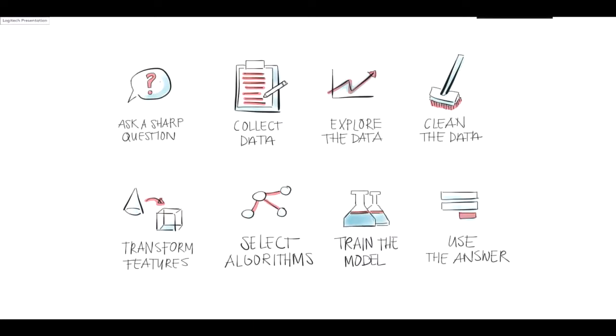So we've gone through the whole process. We gathered the data, or actually first we asked a sharp question. I'm going to get to what a sharp question is, but we asked, how much is a 150 square meter house? And a sharp question in this case is something that can actually be answered with the data. Like, we have historical information of other houses with square meters and prices, and we can use that to predict this value. Then we gathered the data, we cleaned it,